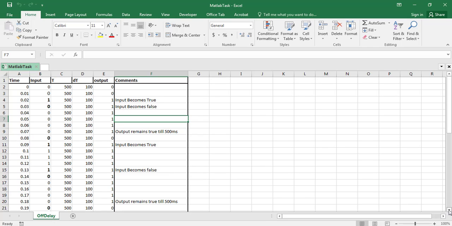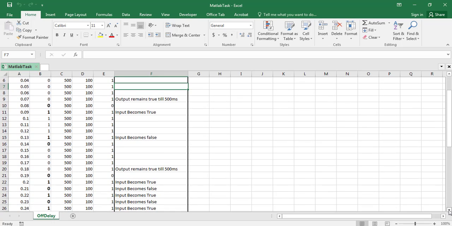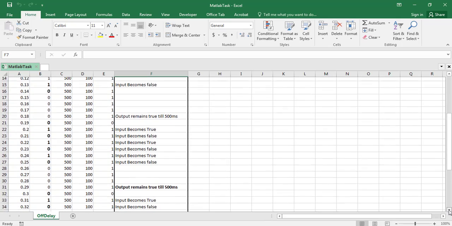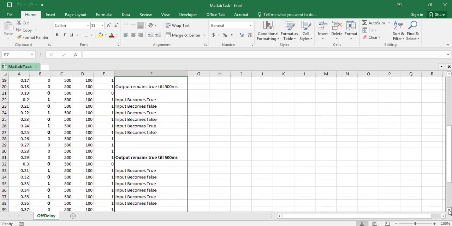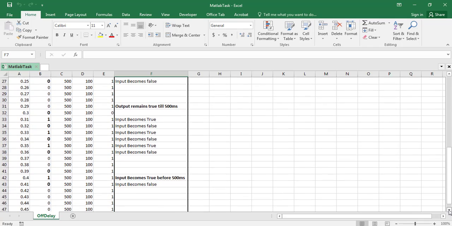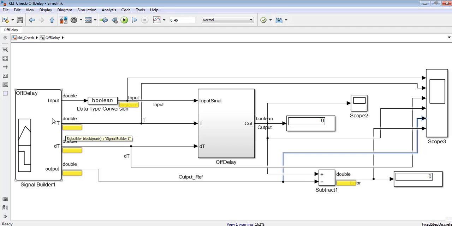Again, I am showing the same use cases. That Excel sheet is imported in this signal builder.